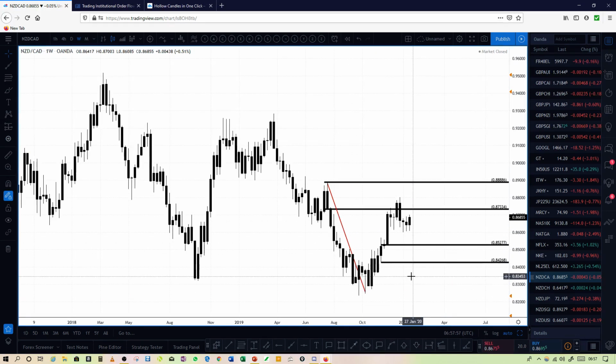And sometimes it's important that you pay attention to those kinds of little details in the market, because it's a question of where could price not go to. Where was there too much demand for it to continue selling down to, or too much supply for it to continue rising through? Okay, so this is the picture that you have on the weekly chart for New Zealand CAD.